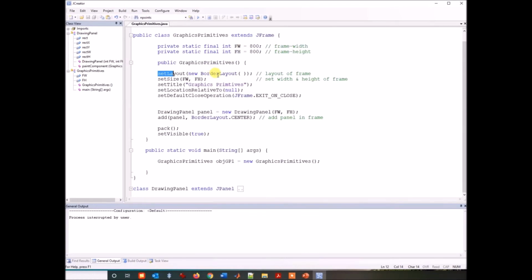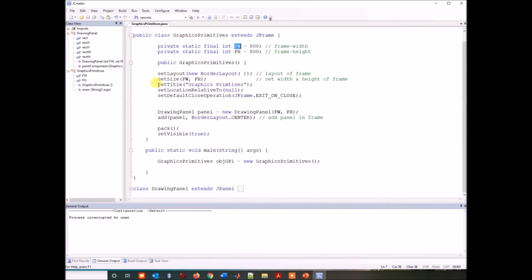Border layout means that this frame may have five parts: center, north, south, east and west. It is up to us how many areas of the frame we use, but the border layout allows us to use the five areas. Then we call the method setSize, passing the values frame width and frame height.